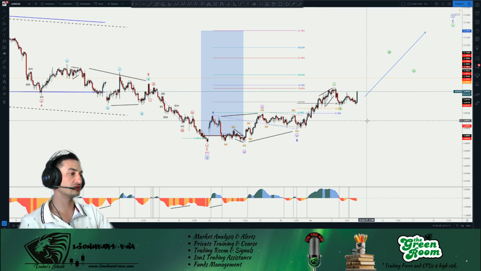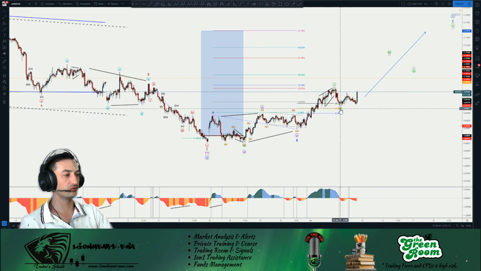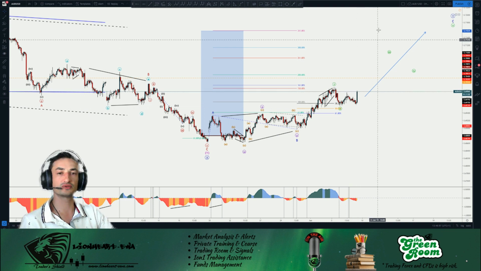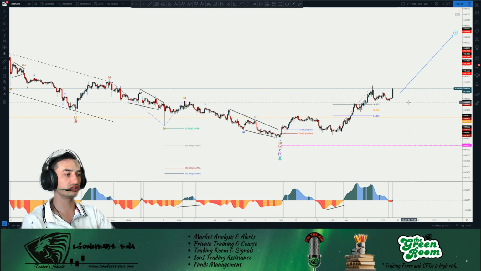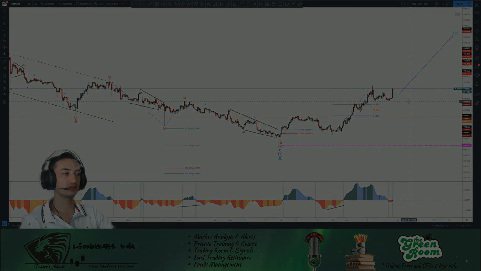Now the AUDUSD, indeed, it seems to me like it's starting the extension. So basically what I did, I just placed the wave 2 right here. We are in a wave 1, 2, and this should be free to go and rally. NZDUSD, basically the same thing. Just like the Aussie dollar, it wants to go for the upside.